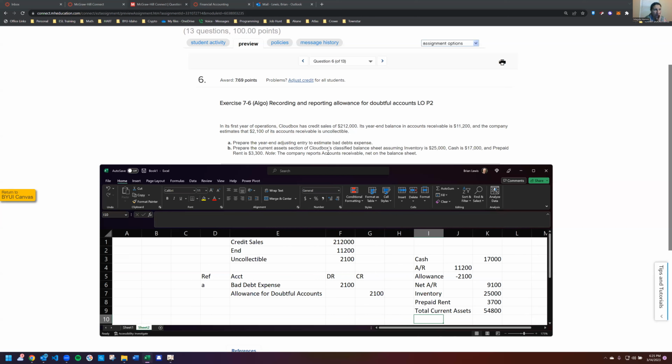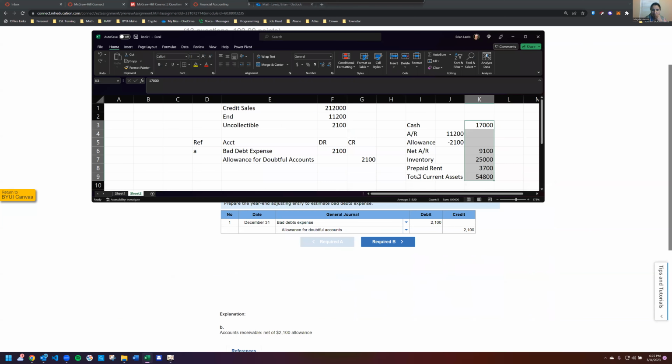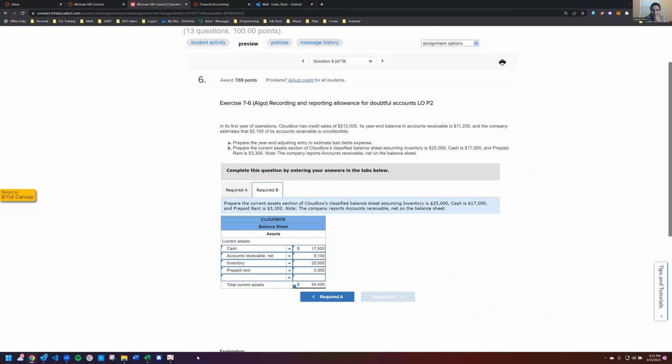Okay, the company reports net receivable on the balance sheet. So it's probably just going to be these values right here. You're going to ignore this other calculation when you put it in there, because it's just saying it reports it as a net value, not as the individual values. Oh, okay. So now when I go to this, that one's fine, right? Bad debt allowance for 2,100. They gave you that. And then on B,